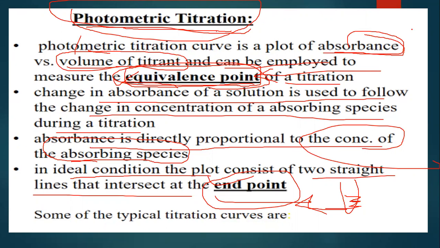Either both may be light absorbing species, but the primary condition is that something should be there which can absorb the light, so that we can study its absorption. In this technique we are finding out the equivalence point of a titration, especially for titrations in which we cannot distinguish the end point due to the dark or intense color of the substances or the titrant. That is the reason why, with the help of this, we can study such substances.